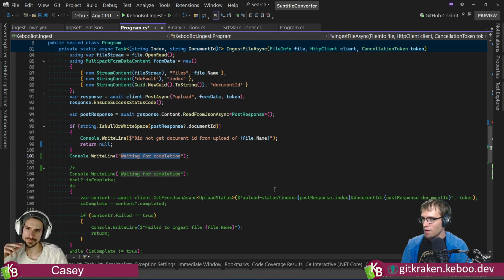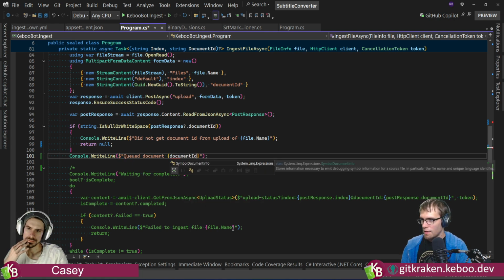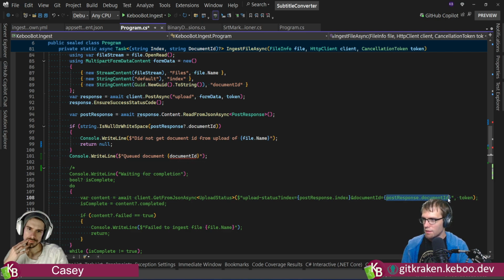Console write line queued document. Where is, oh, this is queued document. We'll actually just shove it in here, right? Document ID. Oh, I need this.